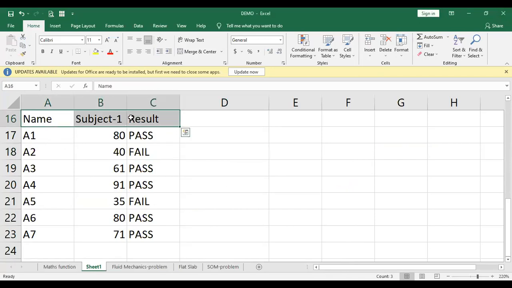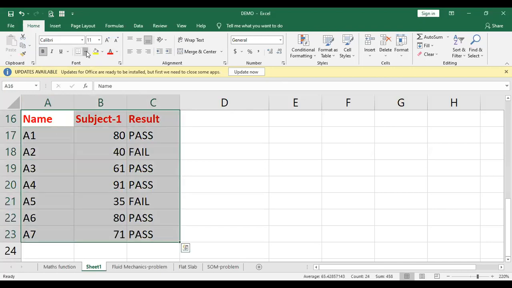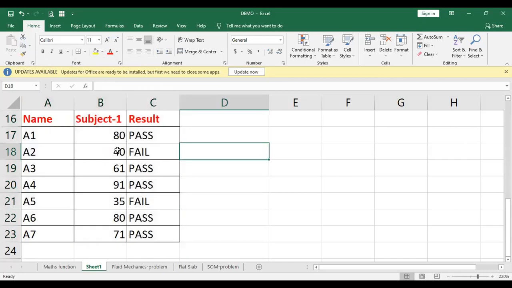They are basically the titles. So what we can do here, we can simply make this bold, or if you want to give some different colors, you can give different colors to that. And we can even give here the all borders command. So that's how borders will be there.